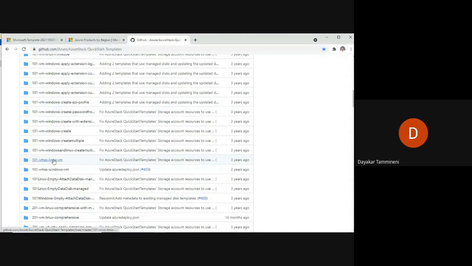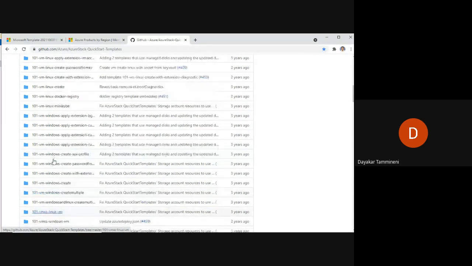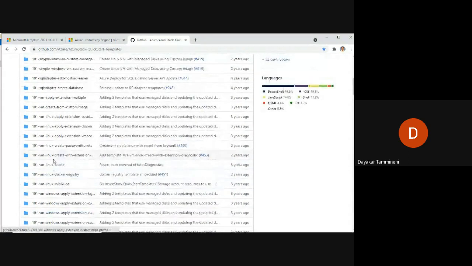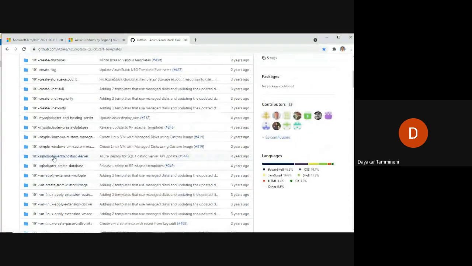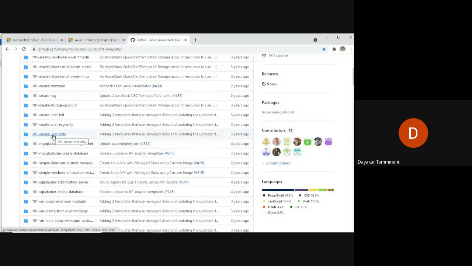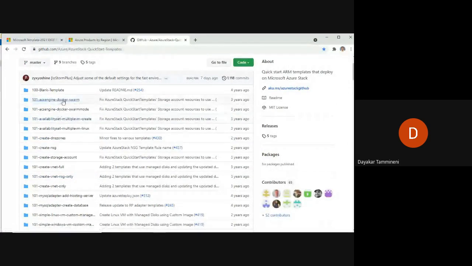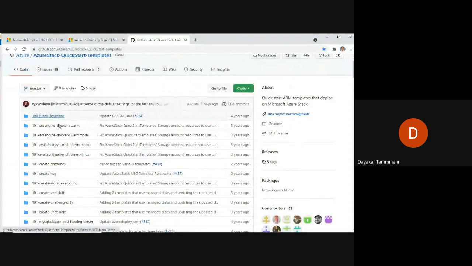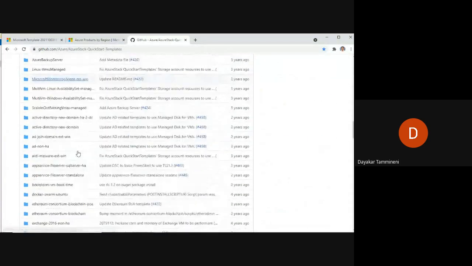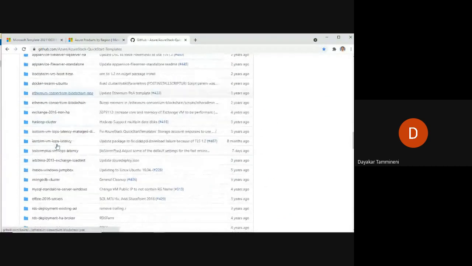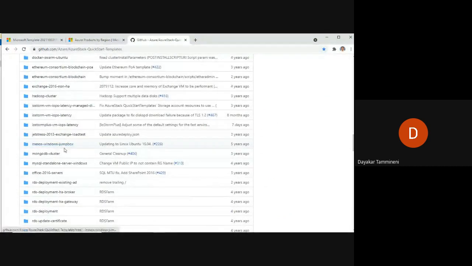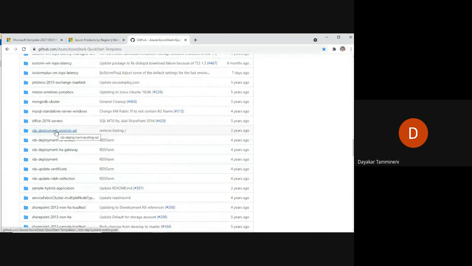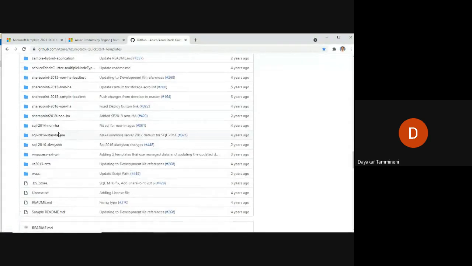We can create a Linux virtual machine, we can create only a virtual net, we can create NSG, we can create Docker, and we can even create a blank template also.